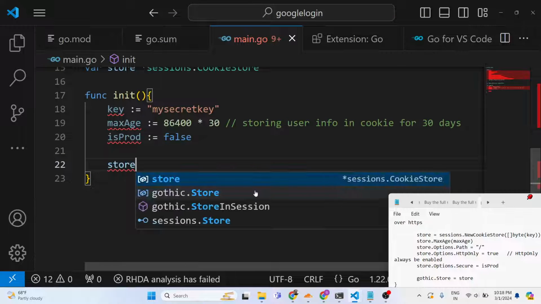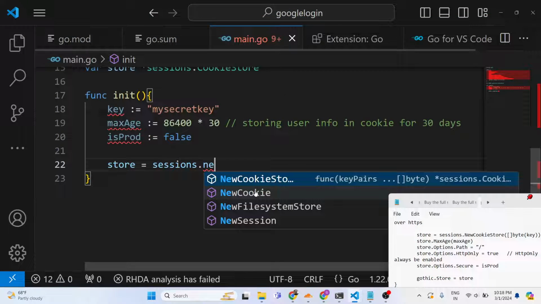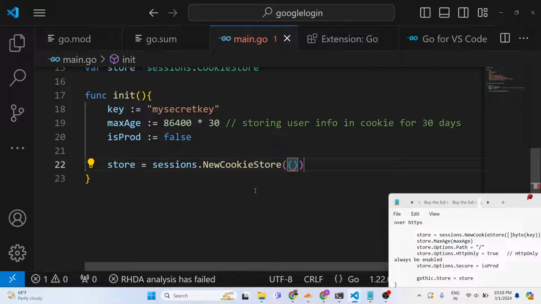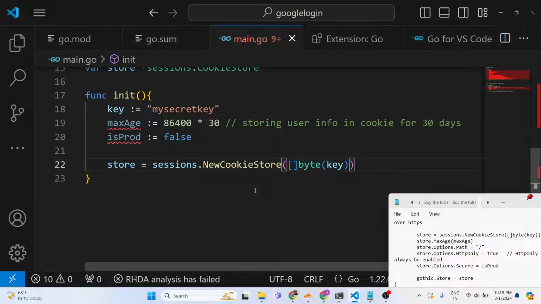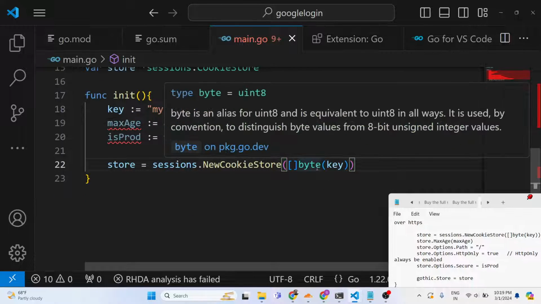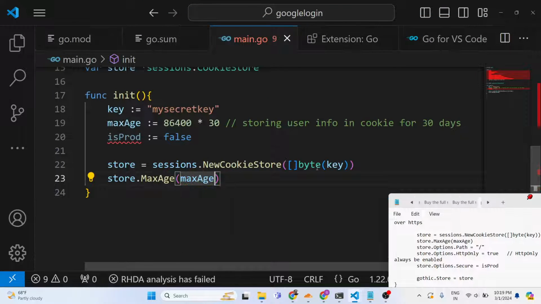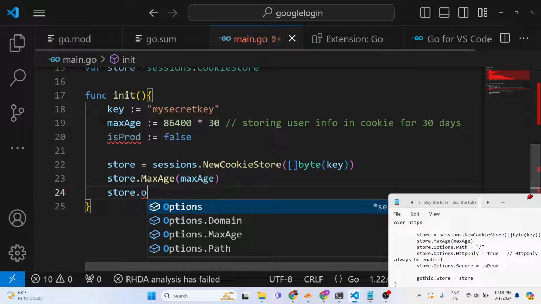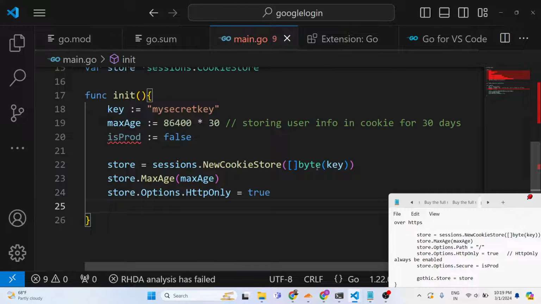Now after that we will declare our store, which is sessions.NewCookieStore, and here we will have a byte key. The key variable that we have declared, guys, you will see we are simply using it, and we have declared our store. Now we need to store the maximum age of it, so we will pass the maximum age that we have declared, and the options, HttpOnly, to true. We are not using HTTPS, so we are simply using HTTP only. And then